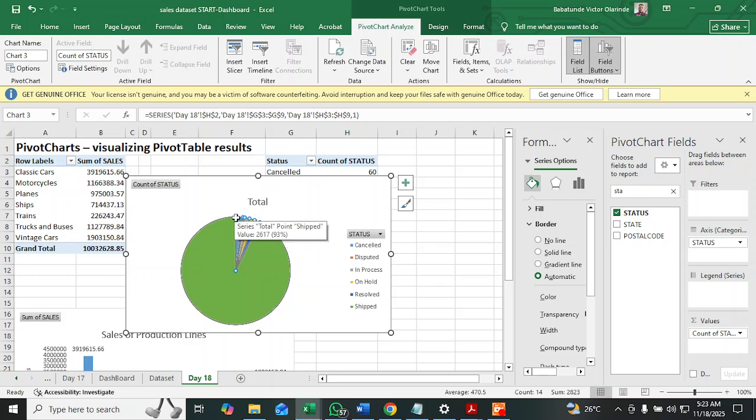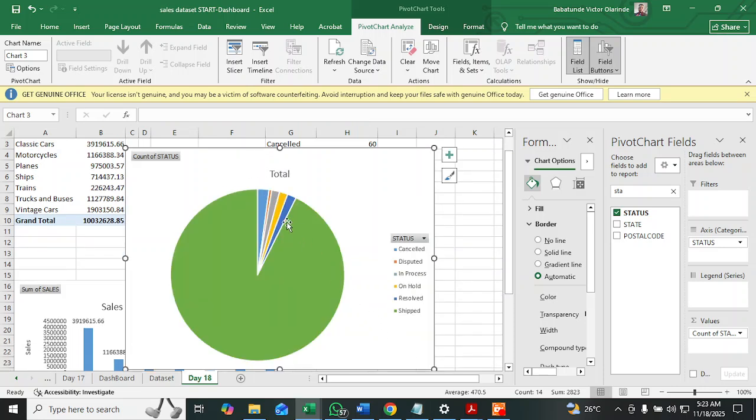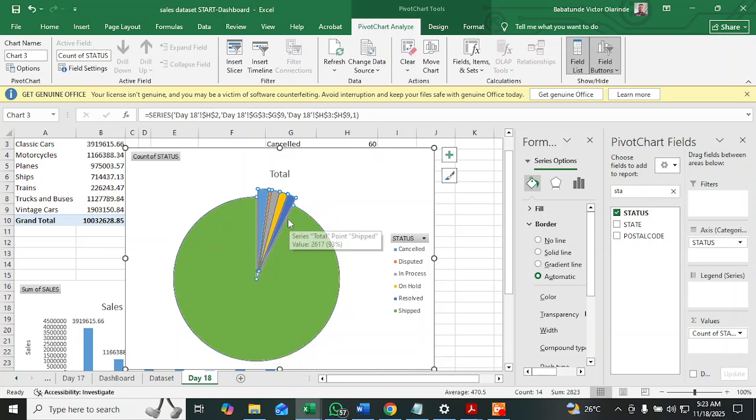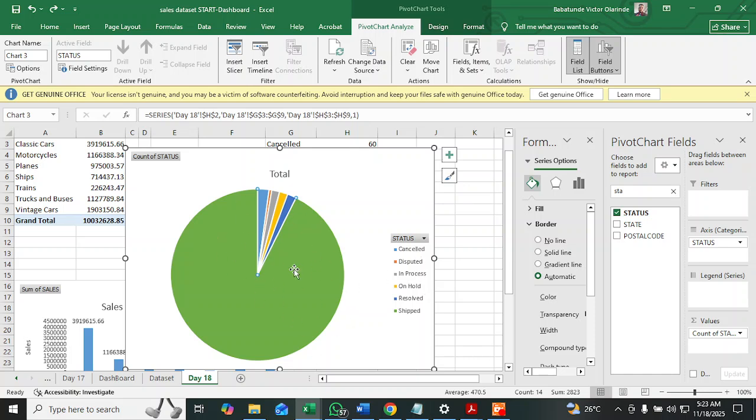I can try to edit this particular pie chart. Okay, well, let us work with this. Merely looking at this pie chart, you know that the highest here is shipped because it's in green. The highest resolved one is blue,